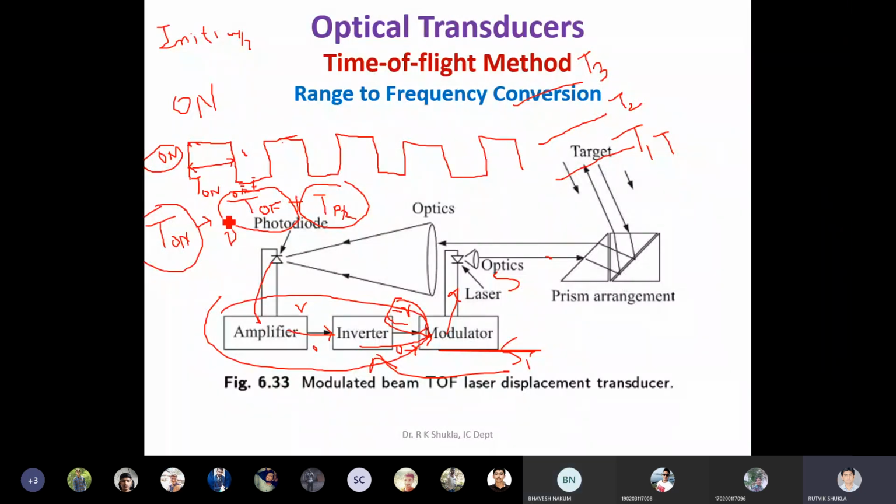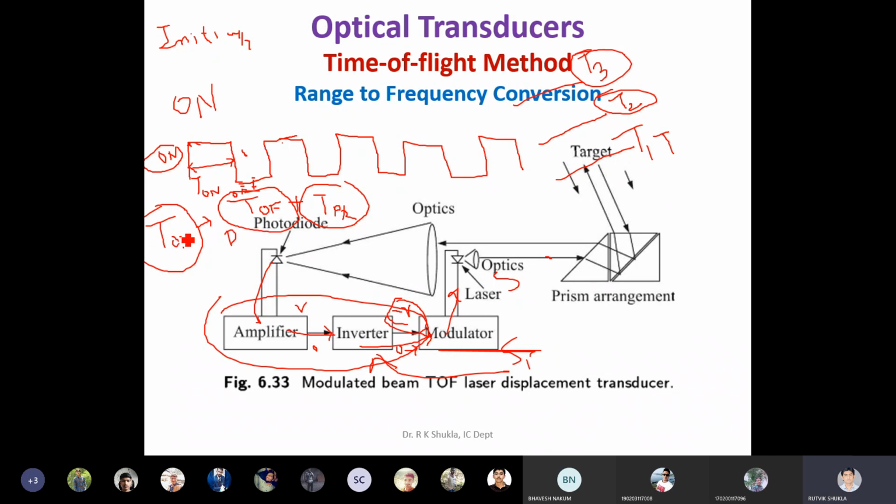Well, it increases. And what about T3? If it goes to T3, what happens to the time, does it increase or decrease? Sir, it increases. Okay, right. In T3 also it increases. Very good. Now it means that whenever the target changes the position, the on time will change. So there is T on and T off. Whenever the target goes from T1 to T2 or T2 to T3, at that time T on increases.